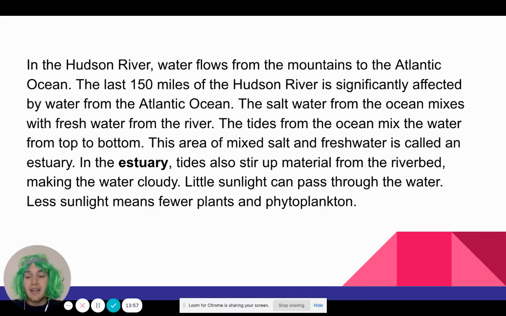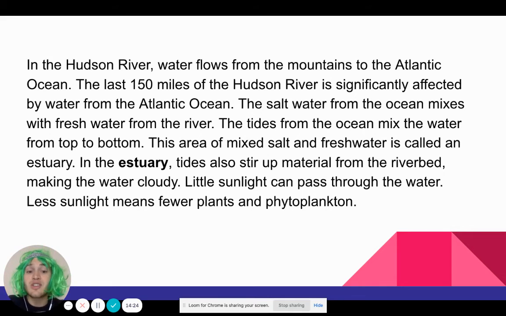So, in an estuary, we have salt water and fresh water. Salt water is carrying lots of salt, so it's actually heavier than fresh water. So salt water kind of hangs out towards the bottom. Fresh water floats on top because it's lighter. It has less salt. It has no salt. But in the Hudson River, because of the tides from the ocean, these layers actually mix quite a bit.